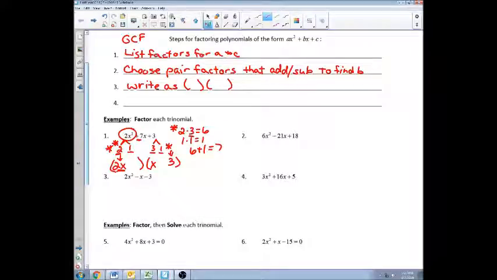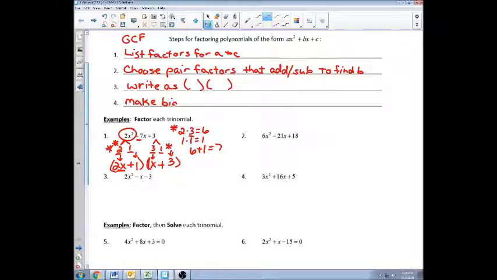Now, this is 1x, so I need to put the other 1 in this location, because I would multiply this and that together to find my B value. Remember from our previous lesson that if both signs are positive, then both signs in my factored piece are also going to be positive. That leads us to the last step, to make